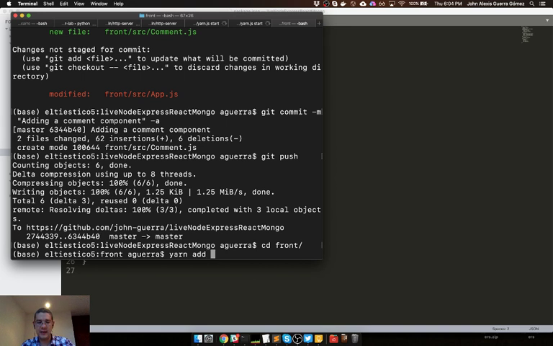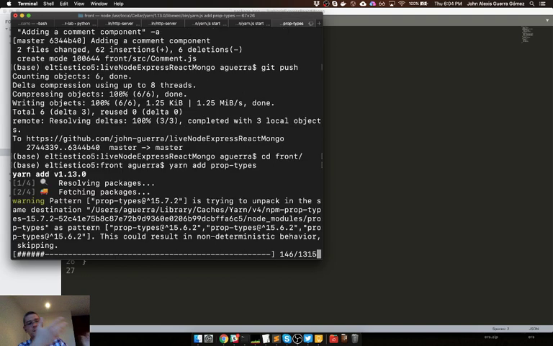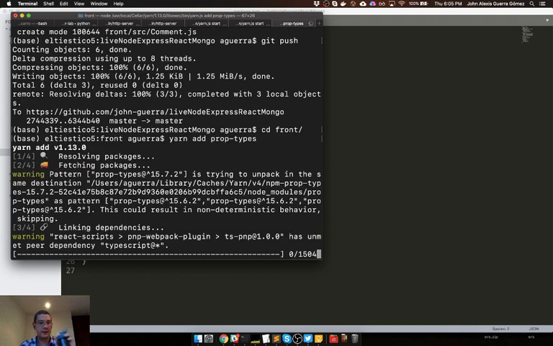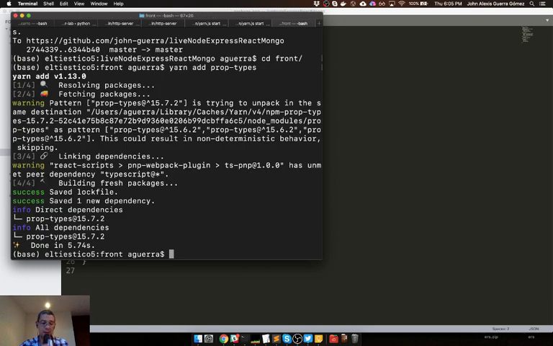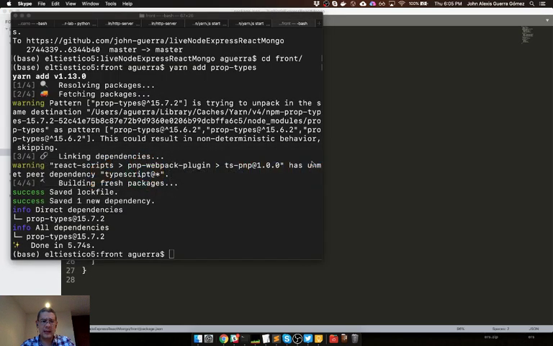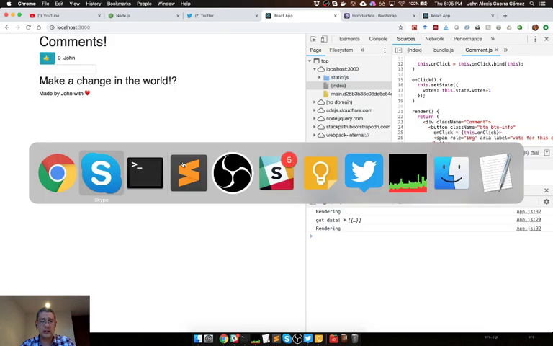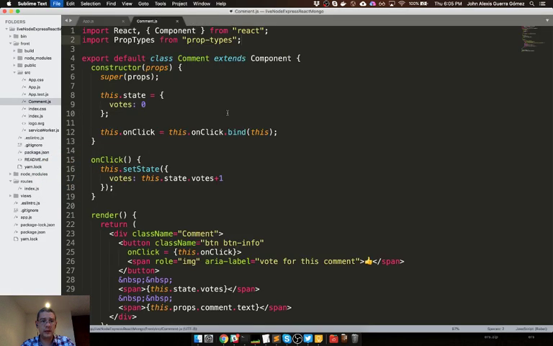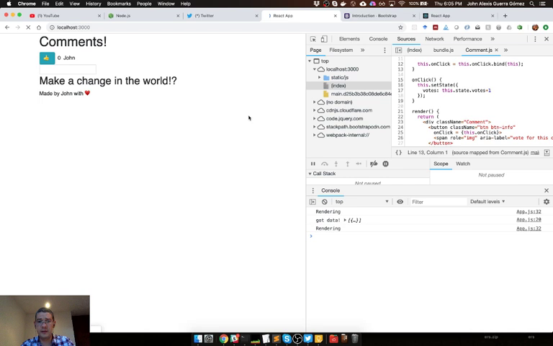So I'm going to append that, yarn add prop types, which is a separate package. Before it used to be part of the React distribution, but now it works as a separate package. All right, so I have that one in there, so it's included. Did I save this file? So I close this, let me save that, let me rerun that, and now I don't have any warnings,